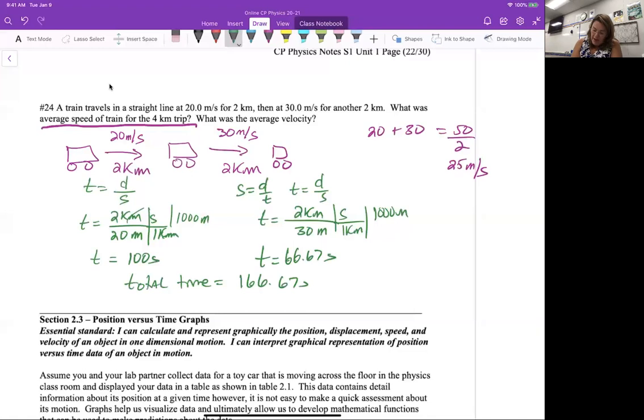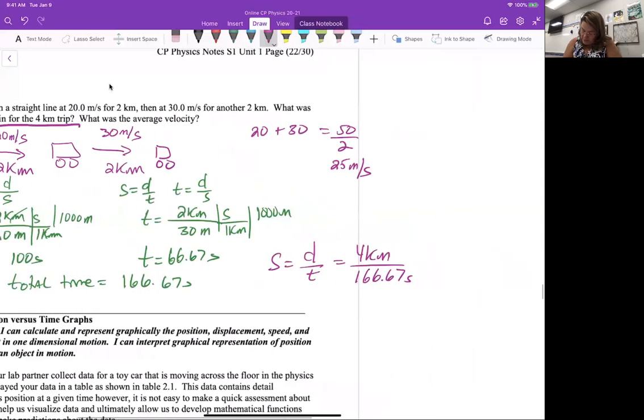Okay, now I was asked to find my average speed. So the speed is equal to the distance over time. What was the total distance? 4 kilometers divided by 166.67 seconds. And then I'm going to convert. So let me move that out here. I get 1 kilometer equals 1,000 meters. So I take 4 times 1,000 divided by 166.67, and I get this average speed is